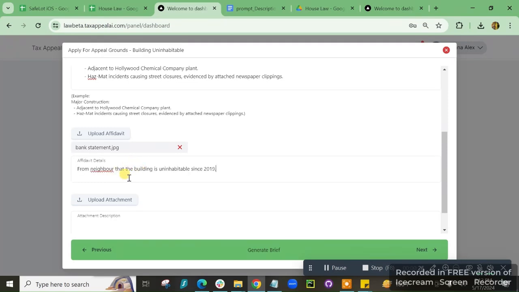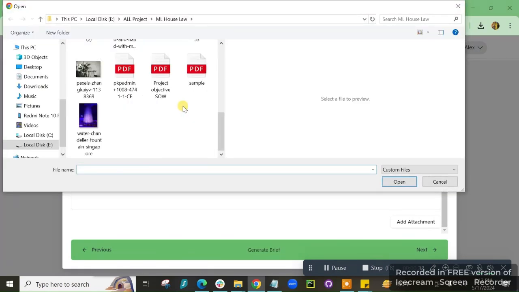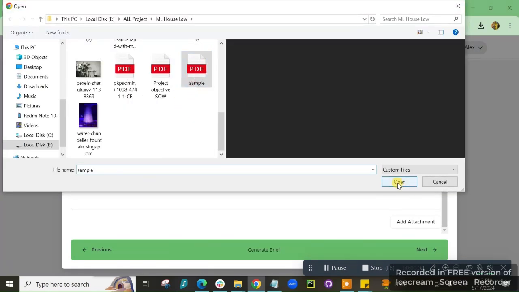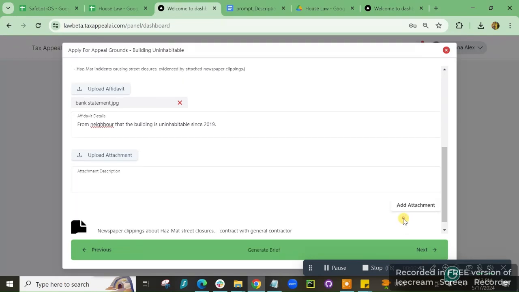You can also upload an attachment for the appeal ground or the necessary attachments. We upload that and we add the descriptions for that if you want to. So we add the description and we scroll down and click on the add attachment button